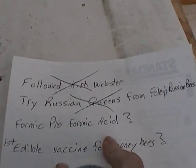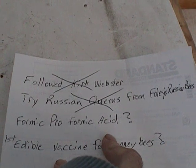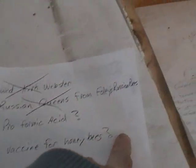You know, when I started beekeeping 6 years ago, I followed Kirk Webster and what he was doing, and I didn't do any mite treatments whatsoever. And I nearly got wiped out 3 years later. So that didn't work. And then what I tried next was I tried some Russian queens from Foley's Russian Bees,